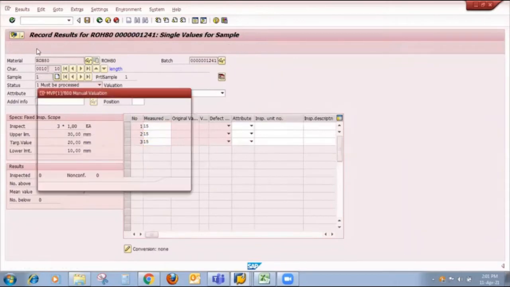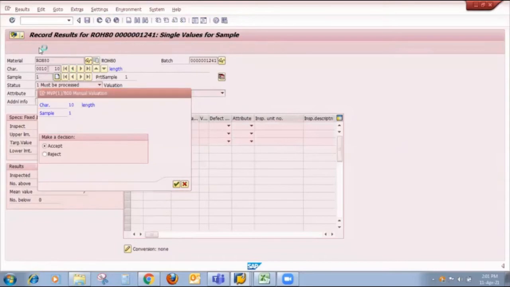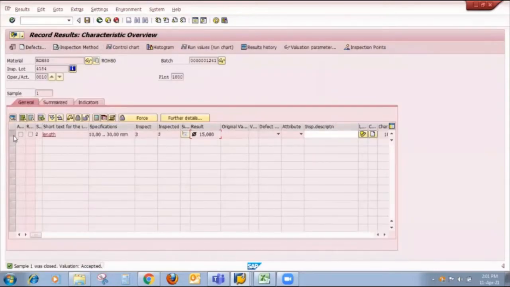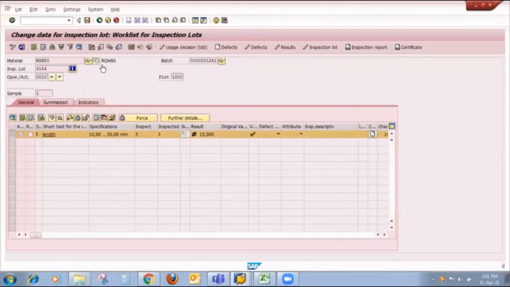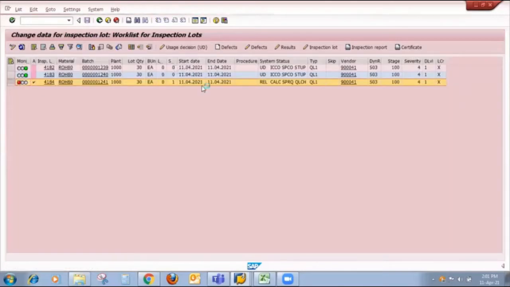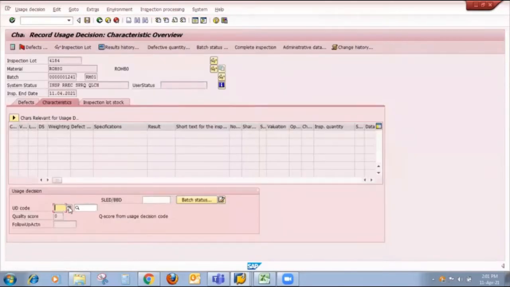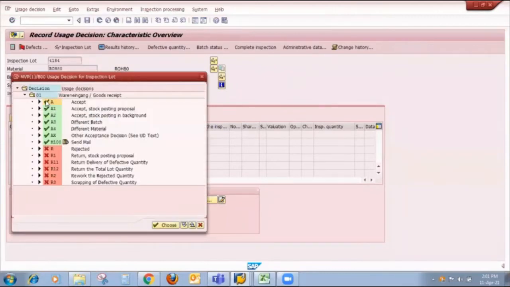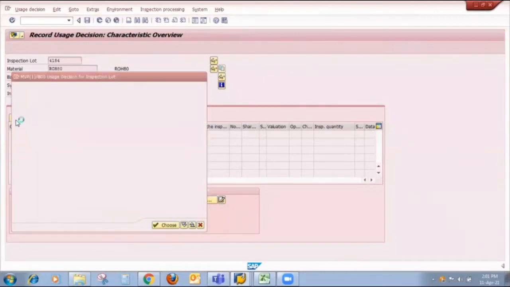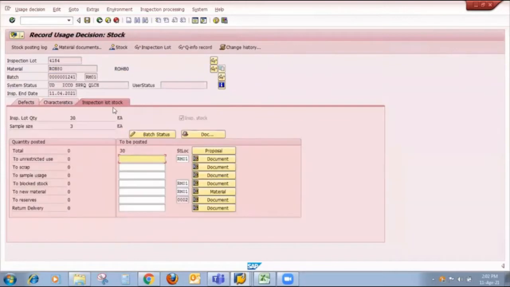Create the inspection lot, do result recording, accept it, and finally the usage decision. So this is my third inspection lot. I will make the UD for the same.